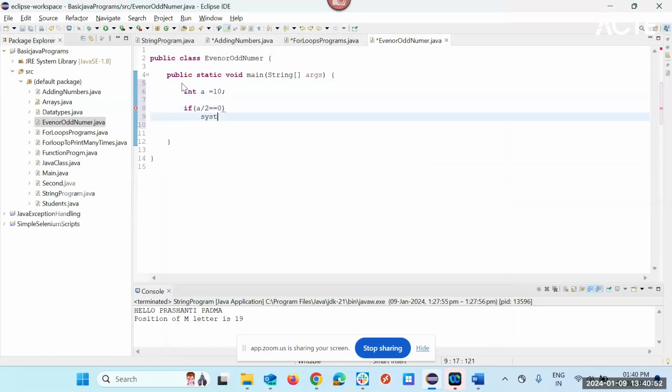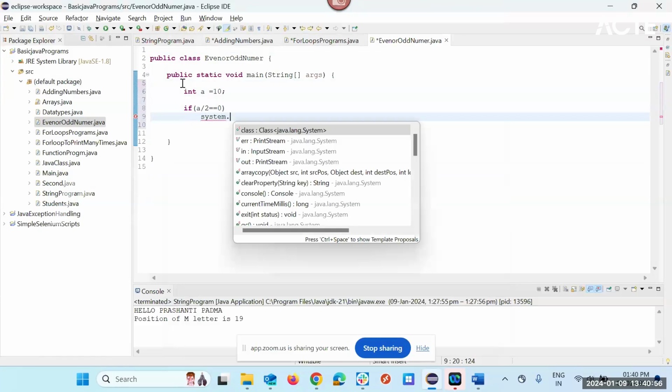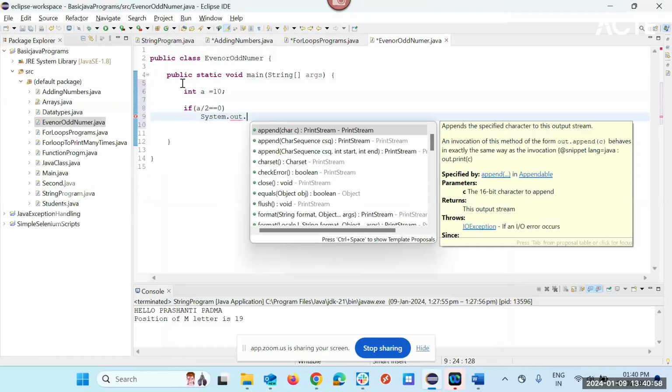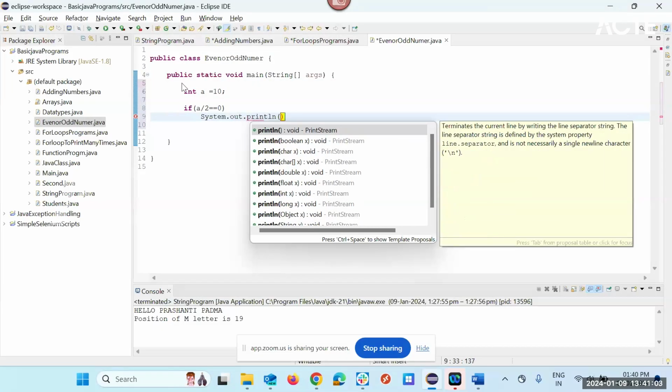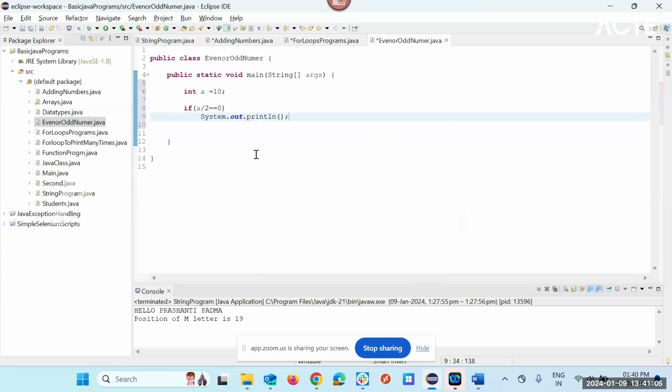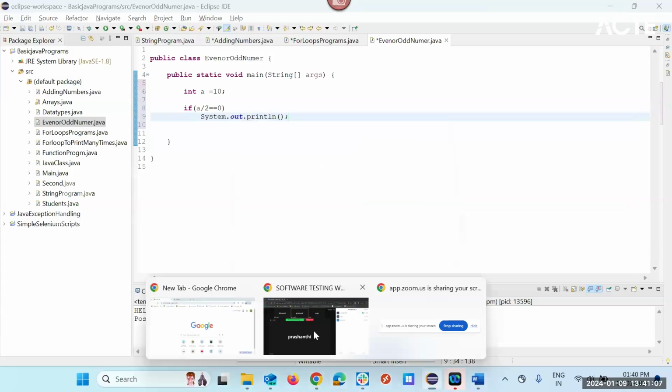Let me know if you are able to see my screen. Yeah, now we can see. So I have created a class for odd or even number. How to find whether a number is even or odd? You have to divide any number by two, and if it equals 0,